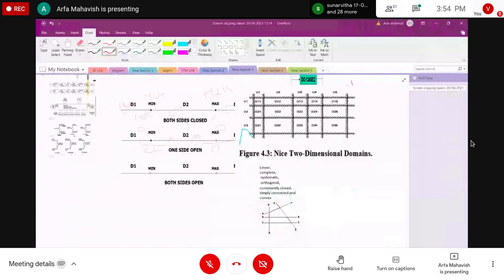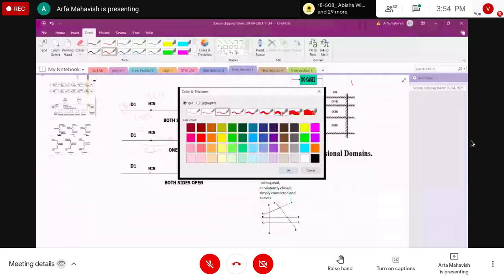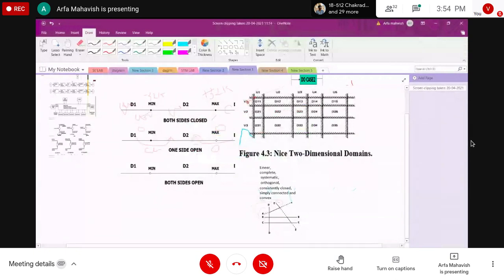Here, look at this variable: v1 u1, v1 u2, v1 v3, v1 v4, v1 v5. This is systematically arranged, so this will come under the systematic boundaries.